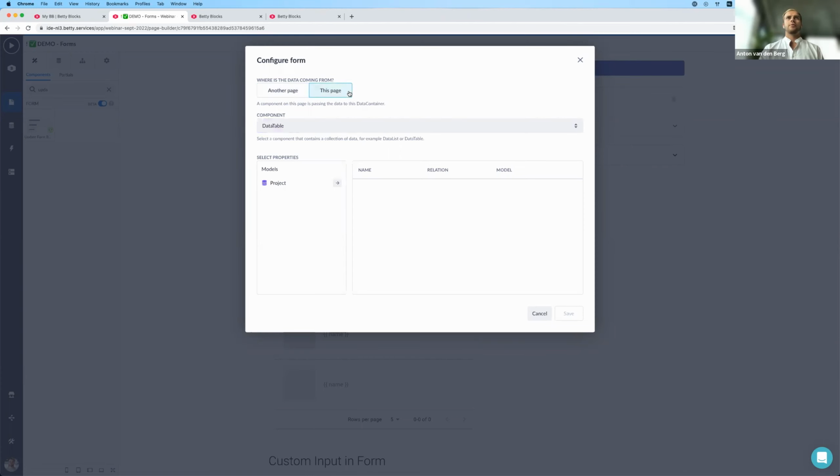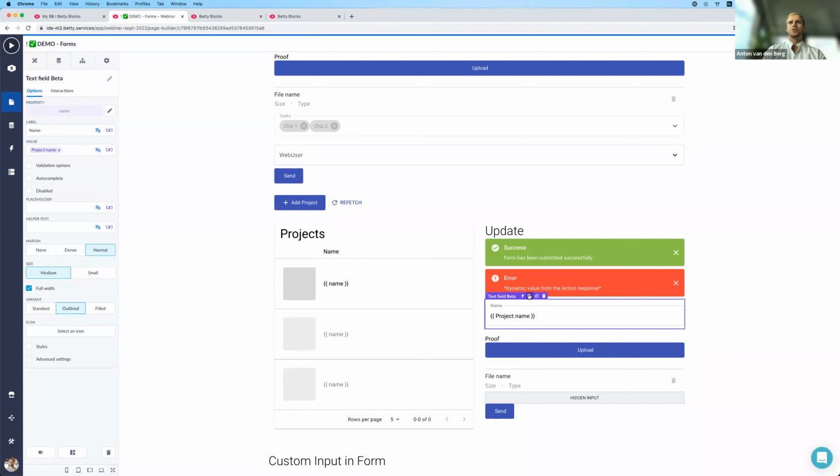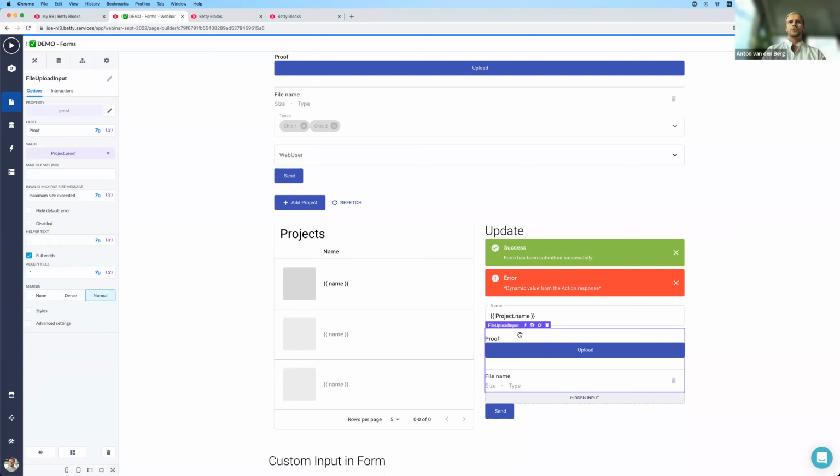But in this case, for me, it's coming from this page, namely my data table. So I'm able to select that. I want to say I want to update the name and proof, in this case, of this project, and I save it. And here you can see that my update form has been added to the canvas,